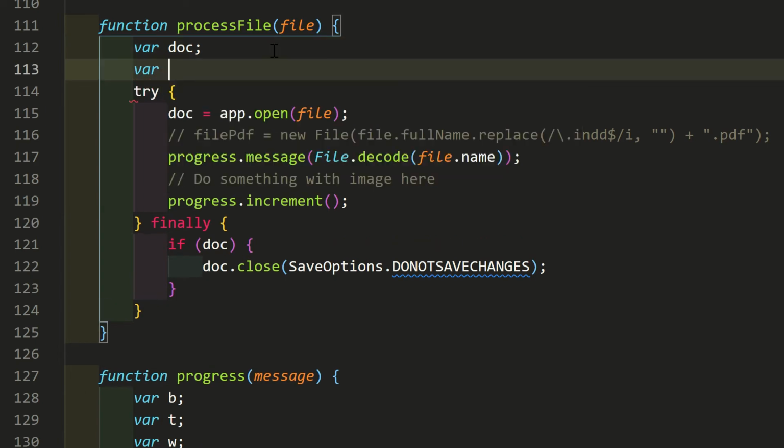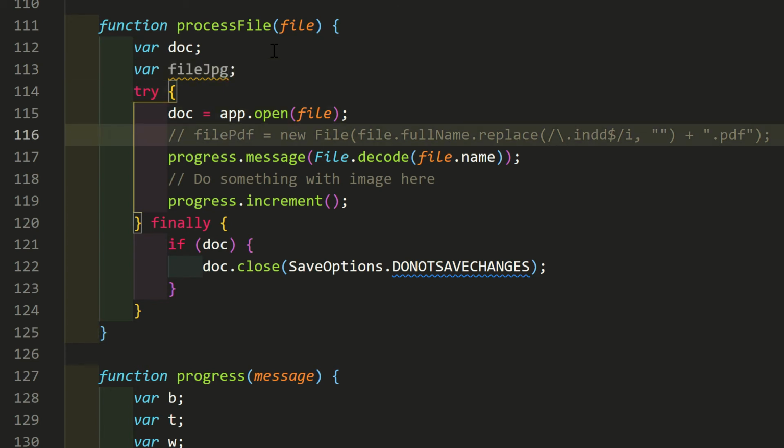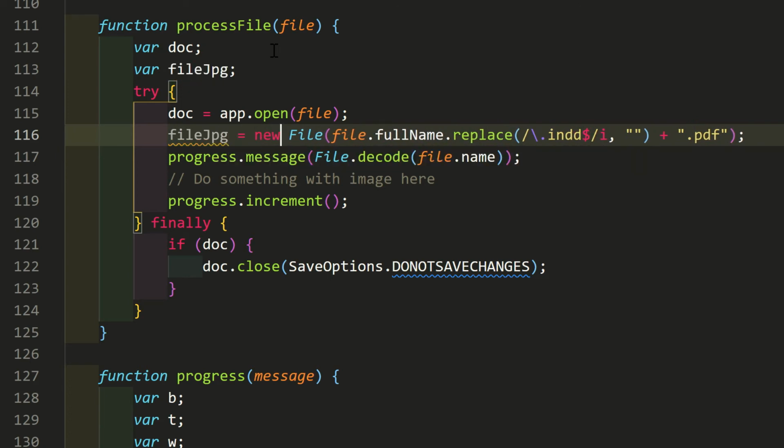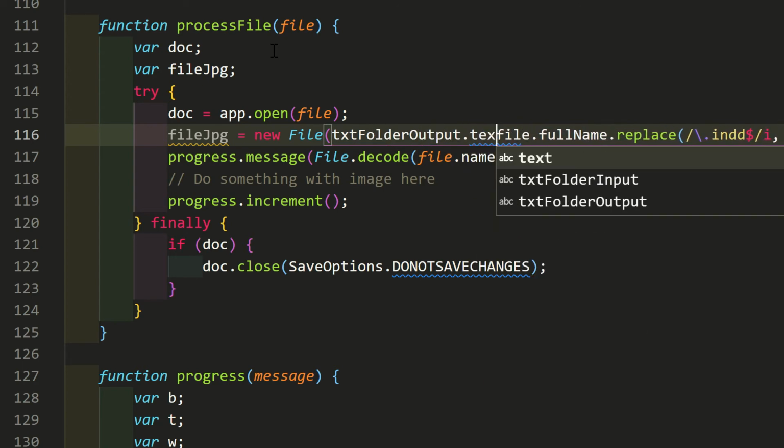Declare a new variable, fileJPG. Then uncomment the line we kept earlier and rename the variable to fileJPG. Because we're saving to a different folder, there are some other changes. Insert the text value for the output folder, txtFolderOutput.text.